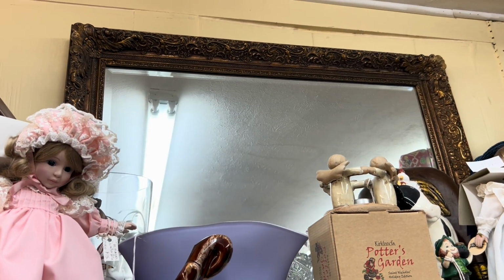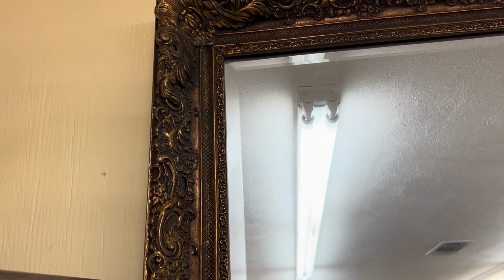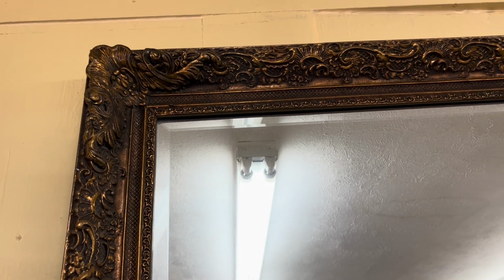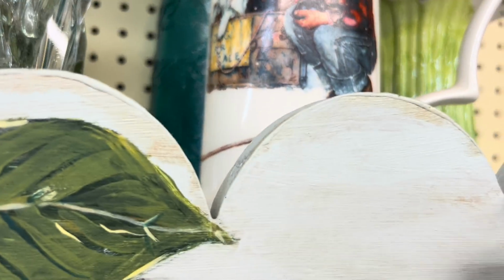And I had asked her about this mirror because I just thought it was so pretty and it would look really good in one of my bathrooms. But she said it wasn't for sale. She was using it as decor. So